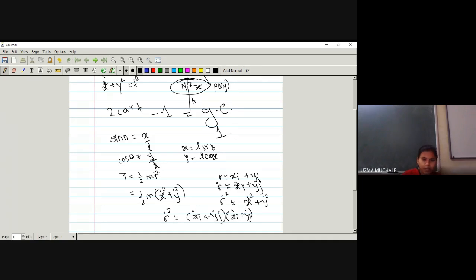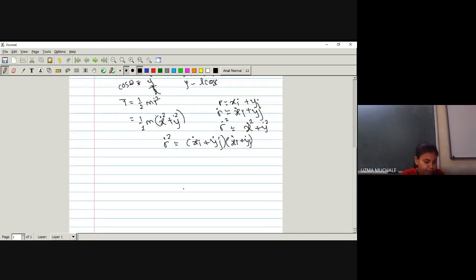Okay. So now we know the values of x and y. We have to find the values of x dot and y dot. After finding x dot and y dot, put them in your equation and you will get the result. So these things we are going to see in the next lecture. We will find the values of x dot and y dot and put them in the expression for T, and then we will evaluate the next thing, that is, we are going to evaluate Lagrange's equations of motion.